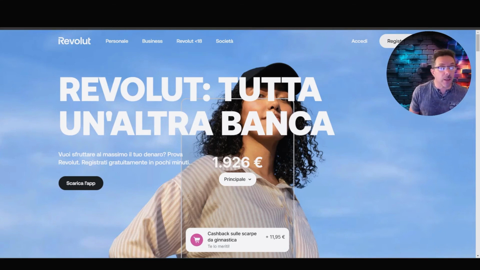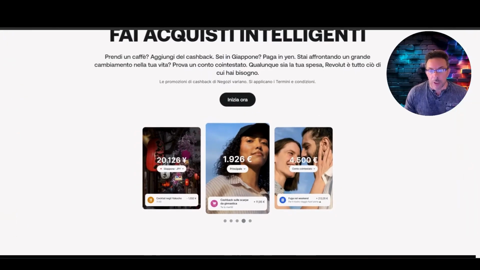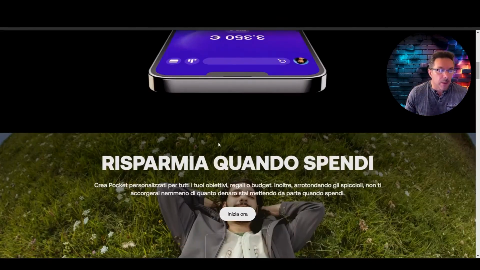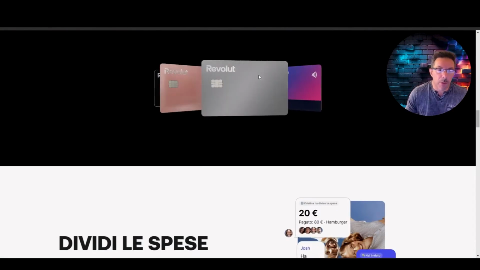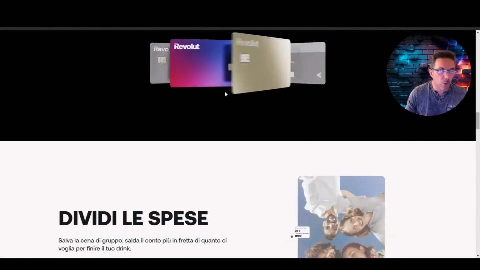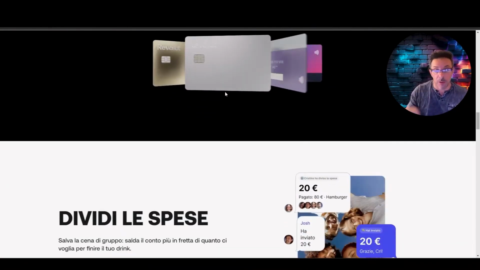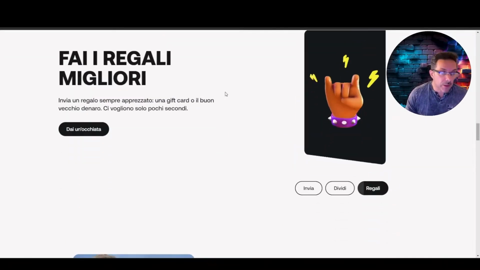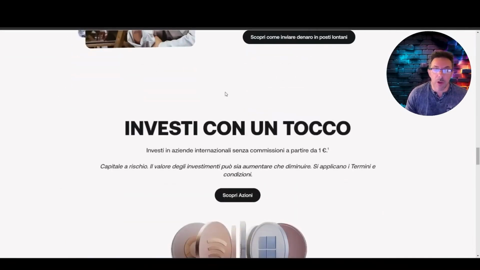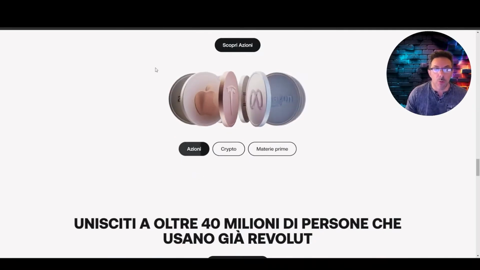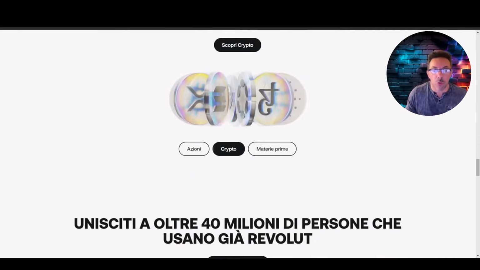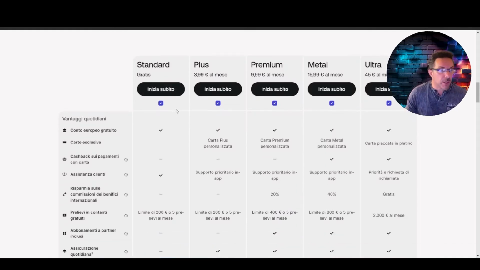This is the website, as you can see, which is revolut.com/it-it. But you can just type Revolut Italia and you'll find it. Here you only see the website, which shows you the app, how much you can save, and so on. The security, the Revolut cards, which I'll talk about in a moment, but more important is the app itself, splitting expenses, which I'll show you later, and sending money worldwide, stocks, crypto, commodities, because you can also do trading. I'll tell you something about trading later.